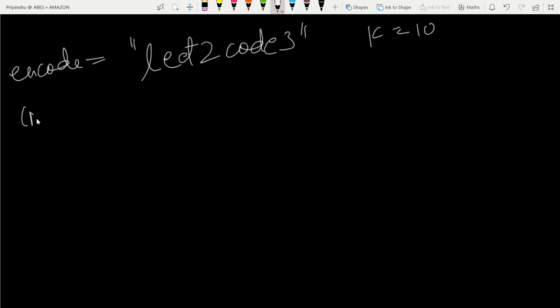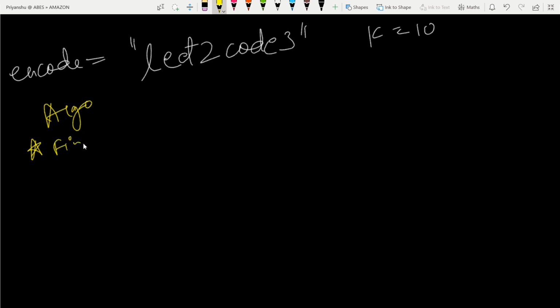This approach, the previous approach, will give us the memory limit exceeded error, because I have tried it. So I insist you first try the previous approach, then move forward to this approach. Okay, now what we'll do, first thing,